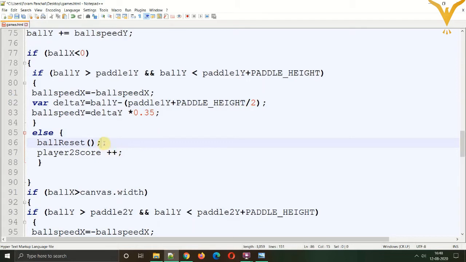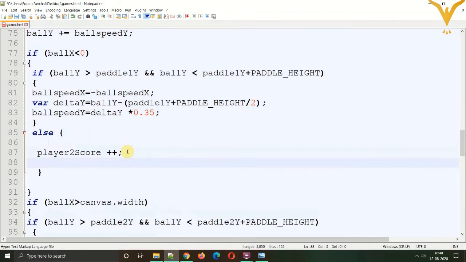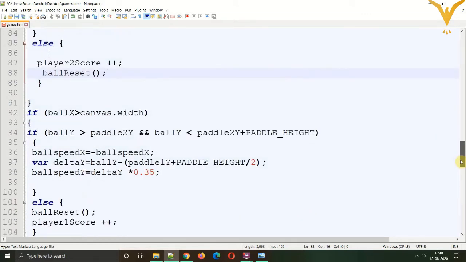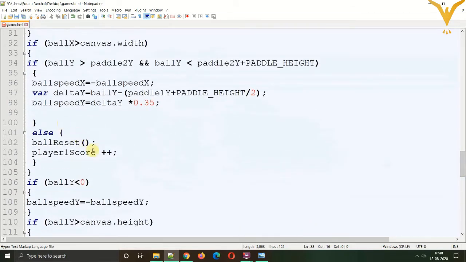We don't want this to happen, so we'll just change the order of the statements. We'll place the ball reset condition after the increment in the score so that we have the exact value at that instance. And also below, when the ball is touching the right edge, we'll do the same thing over here.